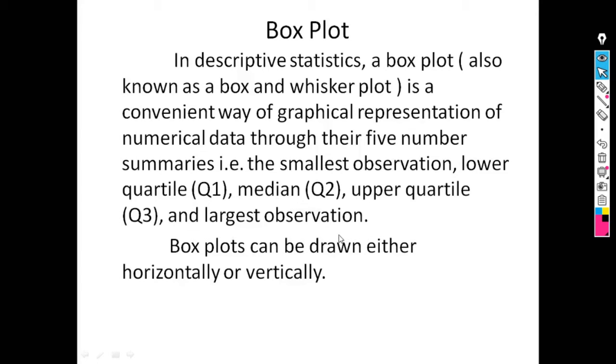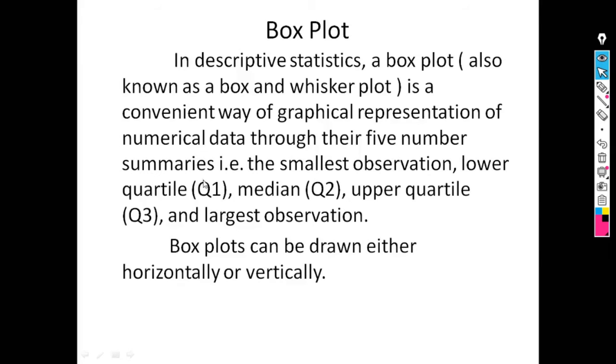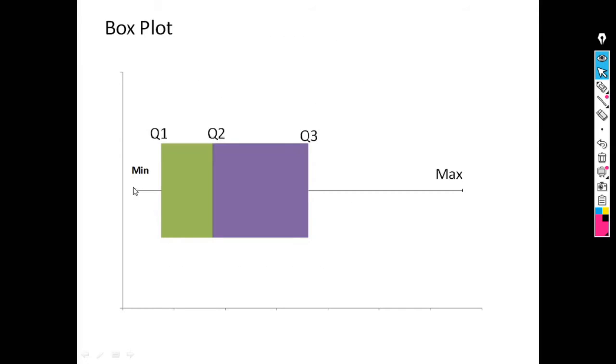To represent these 5 values on the same diagrammatic representation, we use the box plot. It is plotted like this, meaning it can be drawn horizontally or vertically. The first value is the minimum value, after that Q1, Q2, Q3 and the last value is the maximum value. All these values are given, and if they are not given we can calculate Q1, Q2, Q3 by using the formulas of lower quartile, median and upper quartile. So in a box plot the first value is the minimum value, then Q1, after that locate Q2, then Q3 and the last value is the maximum value.